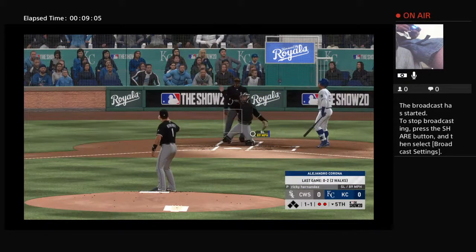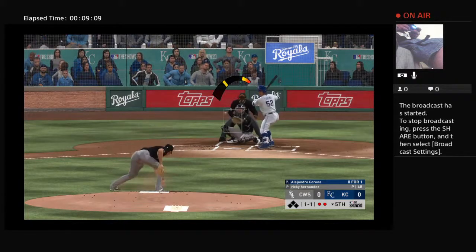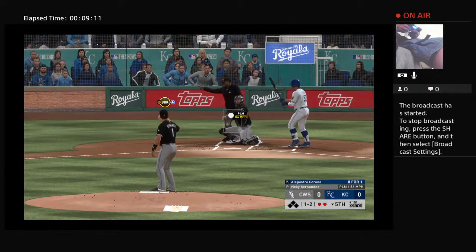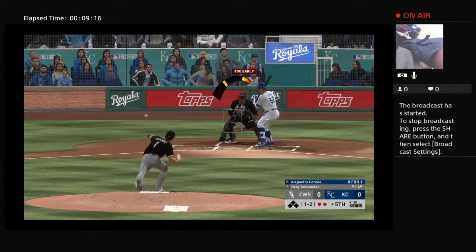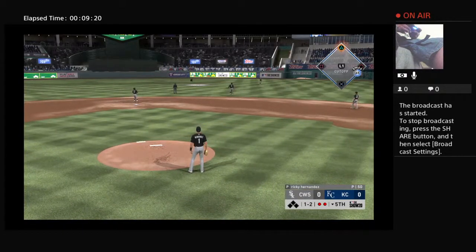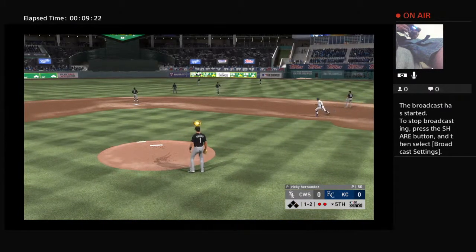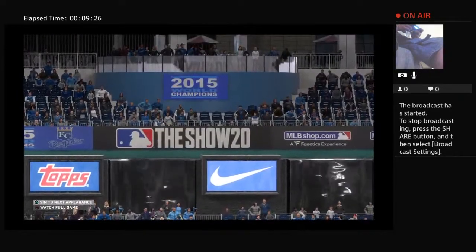Breaking ball below the zone. That's ball 1. Now a palm ball is looked at here for strike 2. Swing and a ball lifted into straightaway center. Long run for the center fielder. He's there to make the play, and that'll retire the side. So nothing happening this time around. We're through